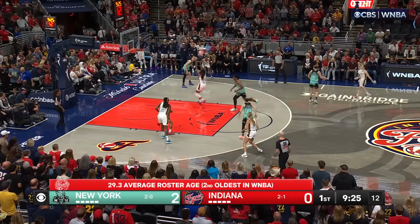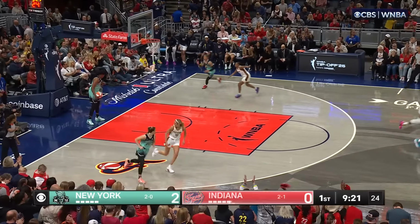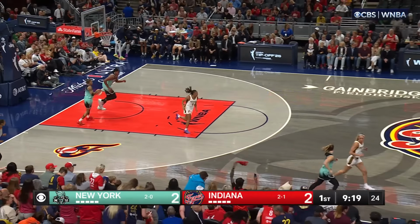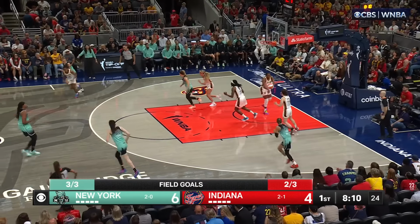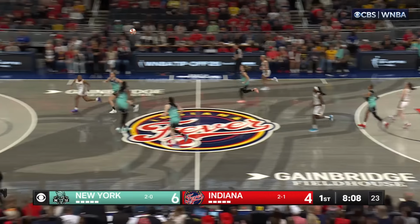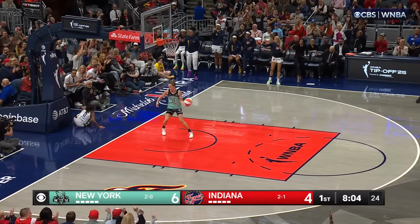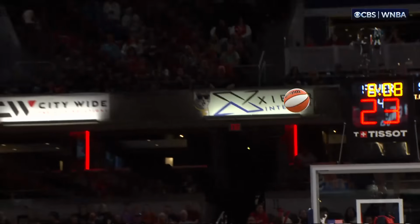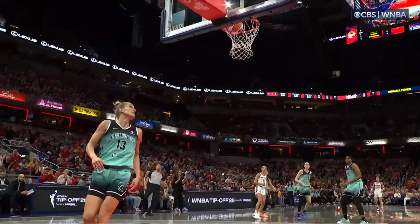New York was pretty coy about how they would defend her. Boston, the roll, the catch, and puts it in for two. When Clark and Boston play through the middle, Sabrina short on the jumper. Well, you want to make Sabrina dribble into her shots if possible. Mitchell gets behind the secondary and puts it in. A torrid start. As soon as Clark gets the basketball, if you run hard and run...